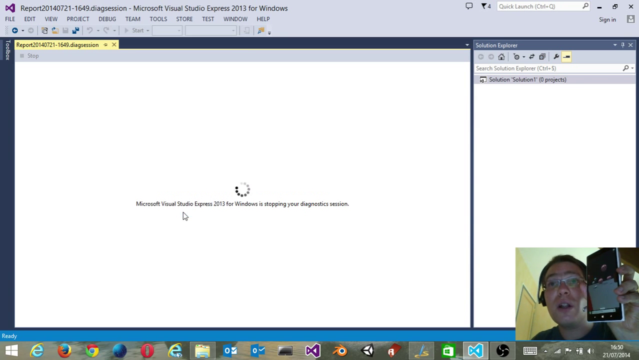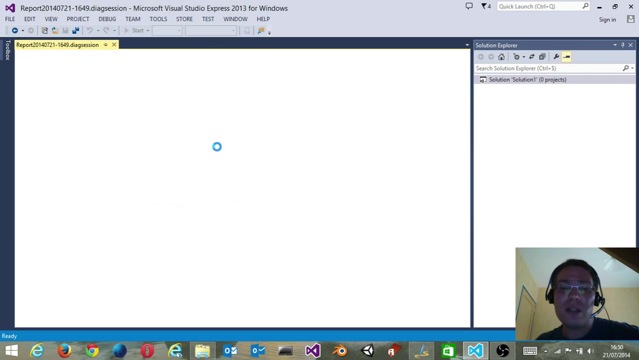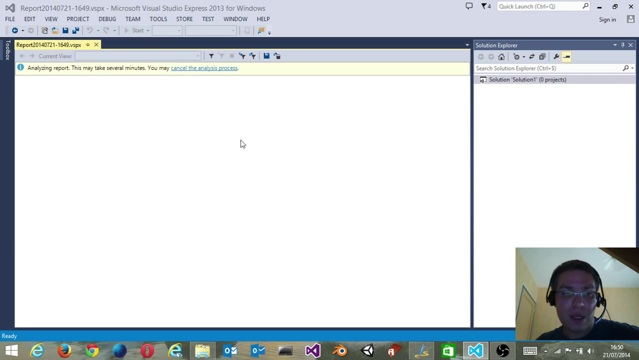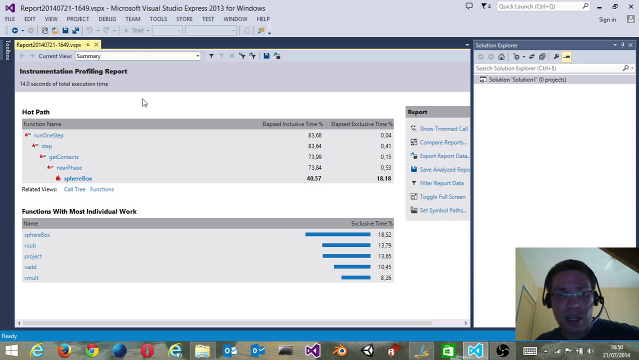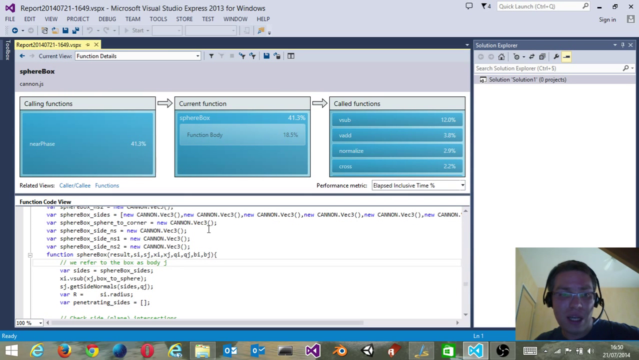So I'm going to stop the collection. It's going to close the app on my Windows Phone, and then it's going to analyze it again. It's going to be very interesting to drill down to where the performance problem is in my code. So this could again be done on any kind of website, and you see that the hot parts of the code are over there. If I click on sphere box, I'm going to immediately jump into the associated source code,